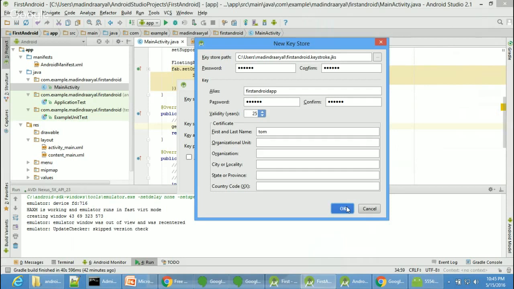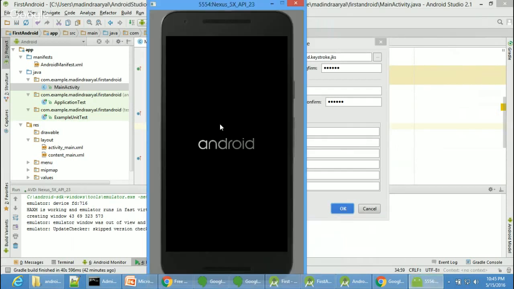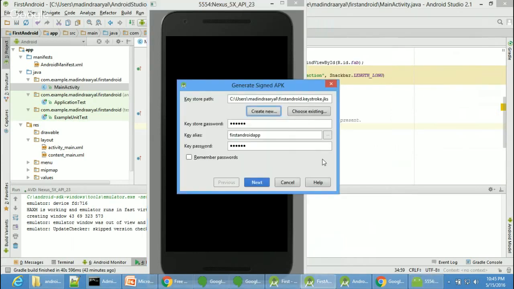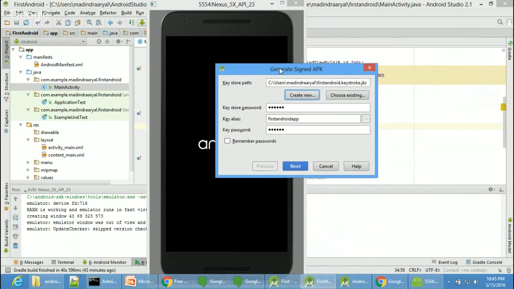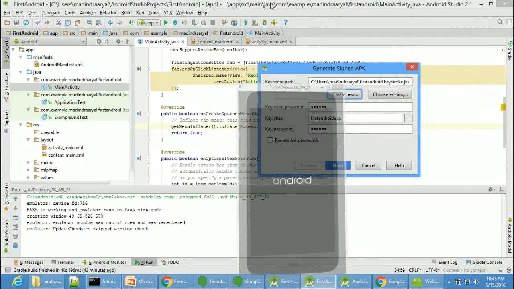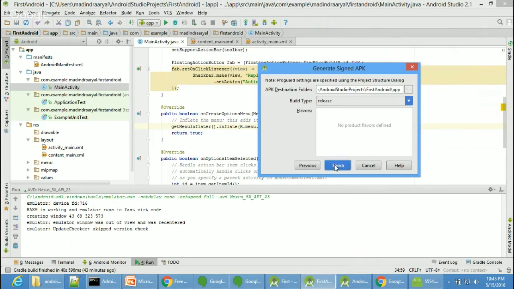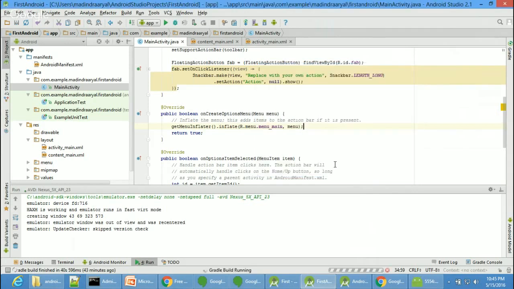It will be taking some time because my operating system is playing with the emulator as well as making the APK. So after giving username and password, just click on next and click on finish. Once it's done, your APK file will be building,